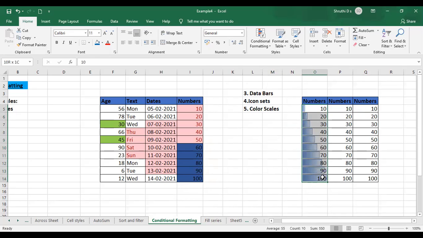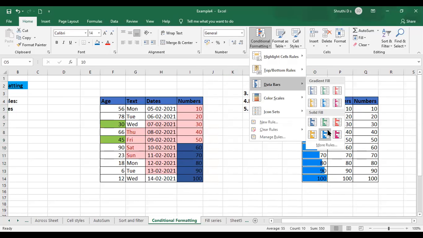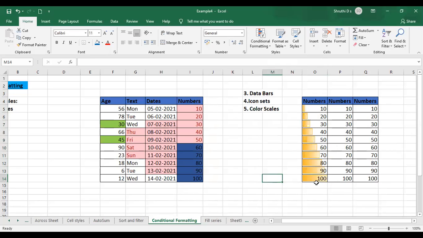So how do you do it? Anybody having doubts? Please don't unmute unless you have doubts. Now just select the column here, go to conditional formatting, select data bars. It will give you options to fill with different colored data bars. Just select any of those. I'll just change the color here. As you can see, the color of the data bar in the column has changed.